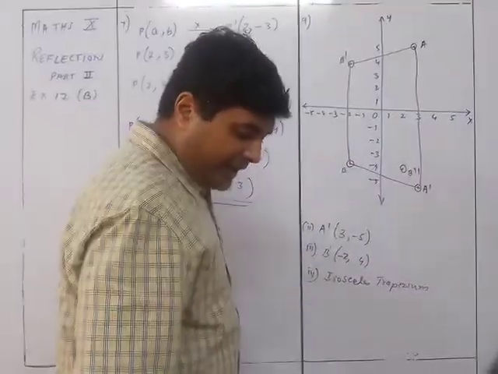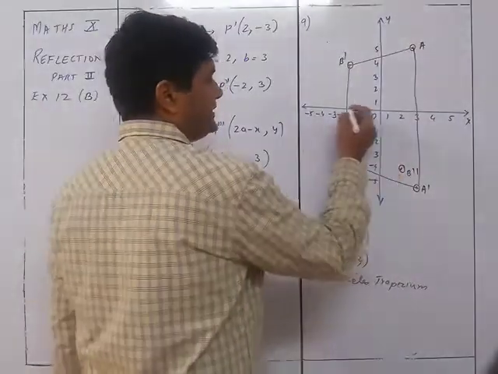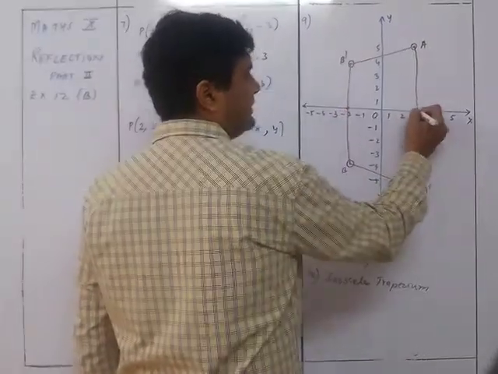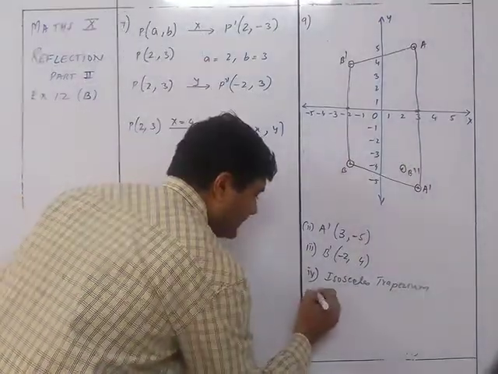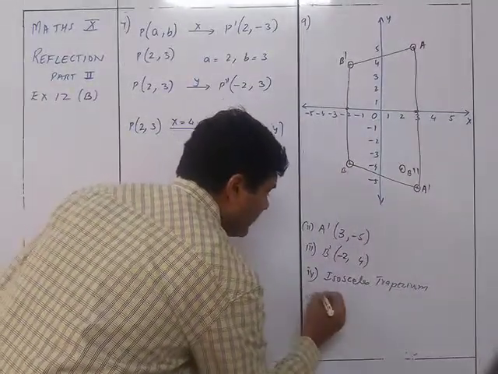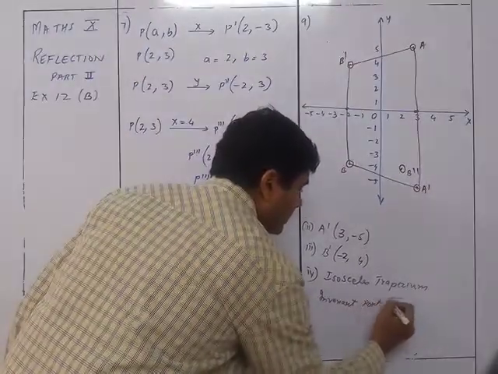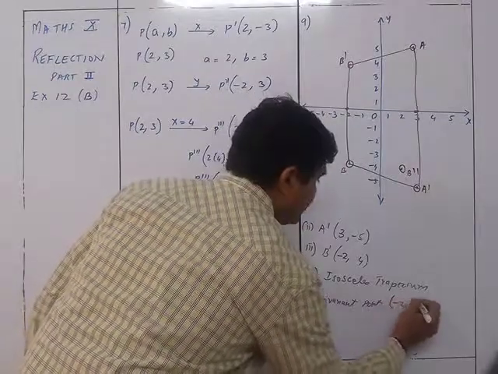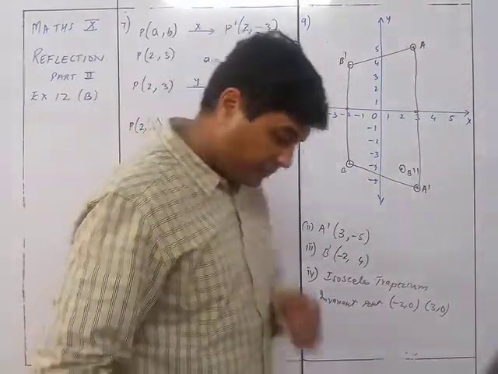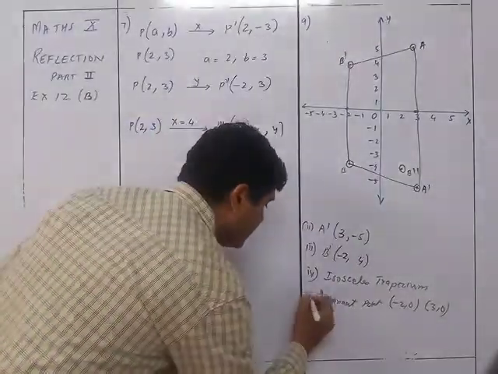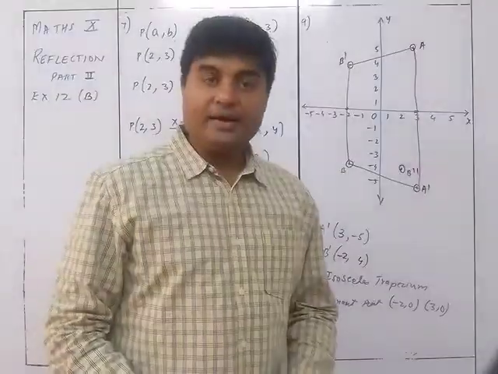Right? And then they ask us to name 2 invariant points under the reflection in the x-axis. So you can see this particular point on the x-axis and this particular point on the x-axis of this geometrical figure will be invariant. So the invariant points will be -2, 0 and 3, 0 under the x-axis. Right, so this is the fifth one. -2, 0 and 3, 0 are the invariant points.